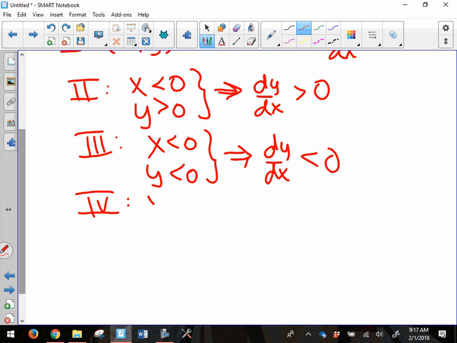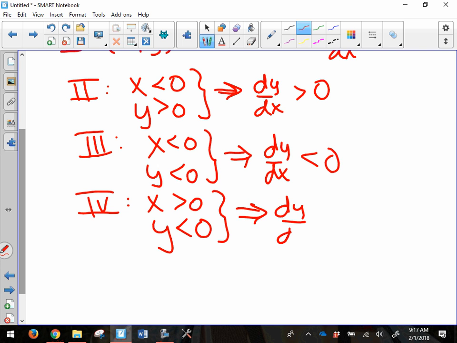Quadrant 4. Rebecca, what can you tell me about x? Good. Sarah, what can you tell me about y? Zoe, what can you tell me about dy/dx? Okay. So,